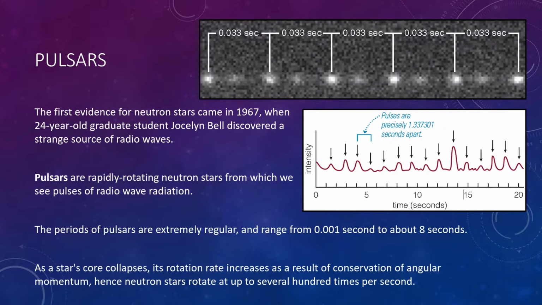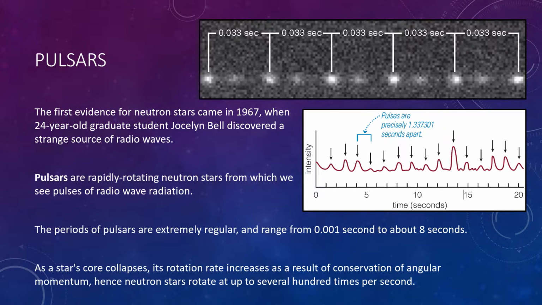The first observational evidence for neutron stars came in 1967, when a 24-year-old graduate student named Jocelyn Bell discovered a strange source of radio waves. Bell had helped her advisor, Anthony Hewish, build a radio telescope ideal for discovering fluctuating sources of radio waves like she was seeing. She was busily trying to intercept the flood of data pouring out of the instrument in October 1967 when she noticed a peculiar signal. After ruling out other possibilities, she concluded that pulses of radio waves were arriving from somewhere near the direction of the constellation Cygnus at intervals of precisely